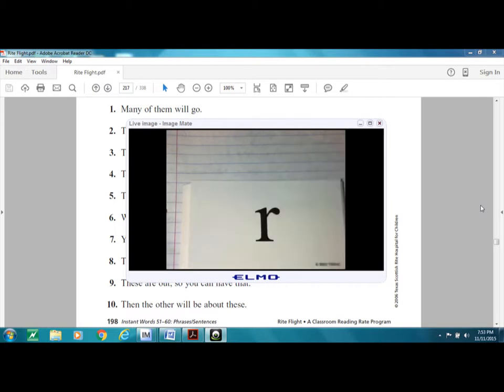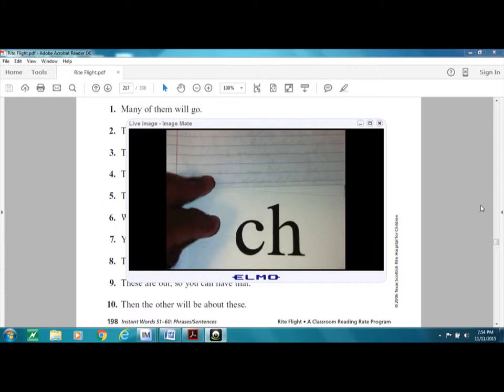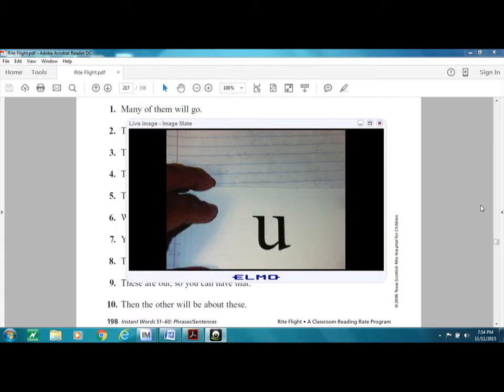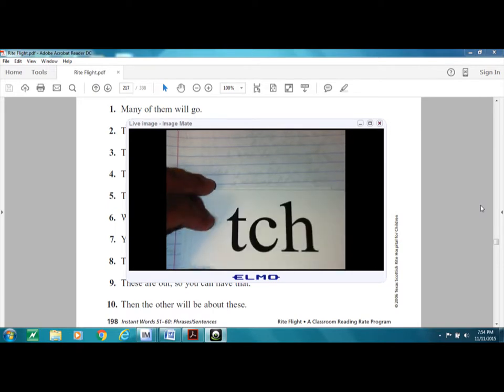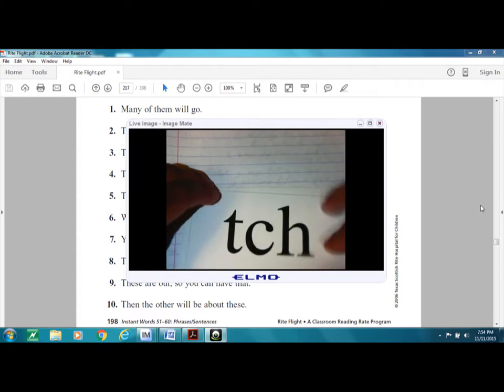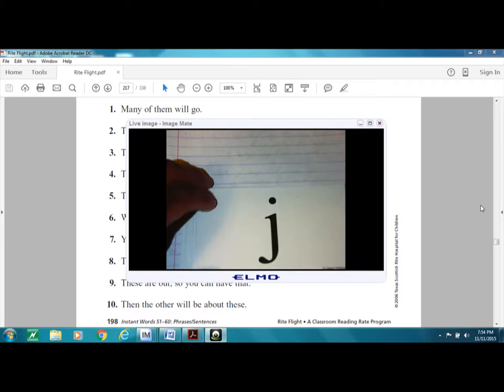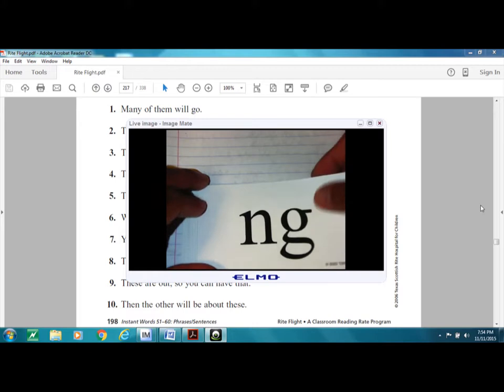I, R, G, E, digraph E, E, digraph S, H, digraph C, H, U, digraph O, O, A, trigraph T, C, H, C, J, H, V, digraph NG,